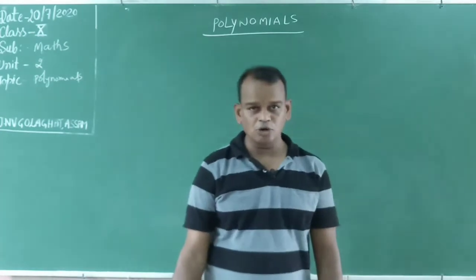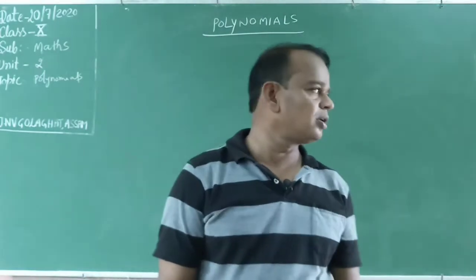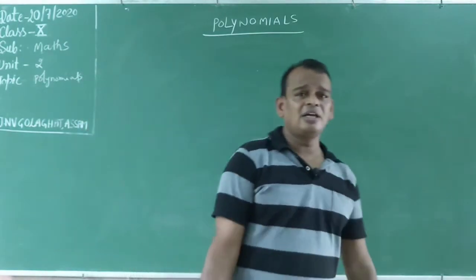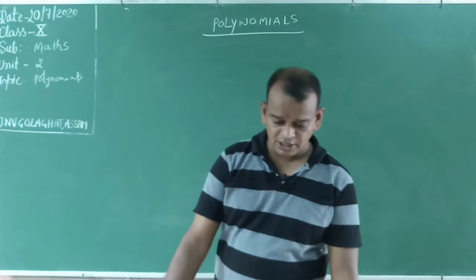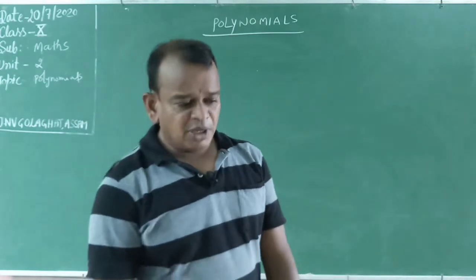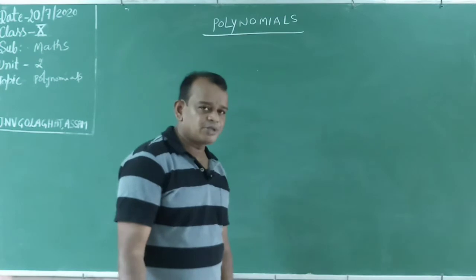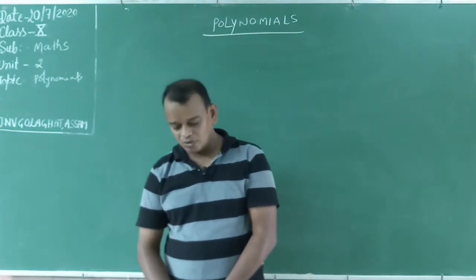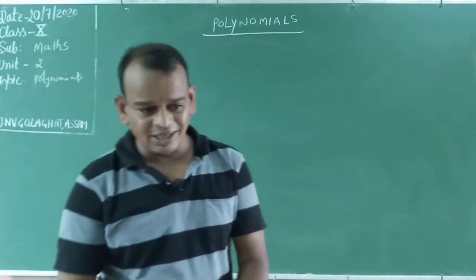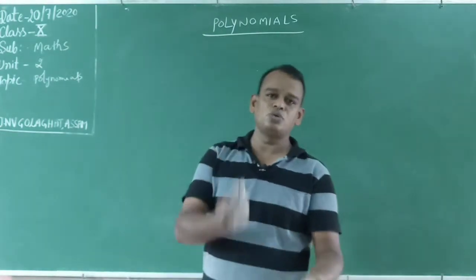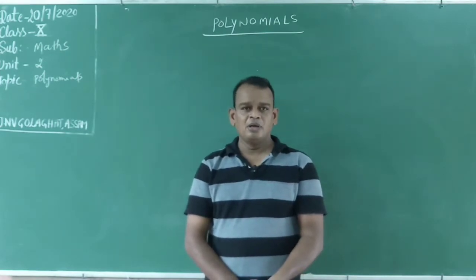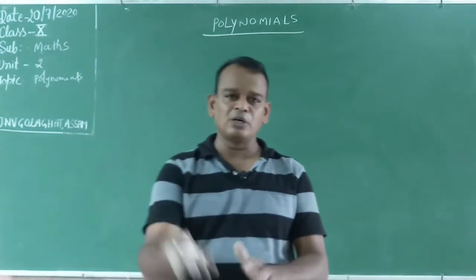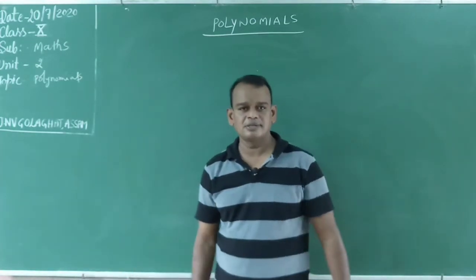Now today we will discuss the topic, that is polynomials. A very easy topic and important from the examination point of view. What is the meaning of a polynomial? How many types of polynomials are there? For our syllabus, how to calculate the degree, and how to calculate the zeros, meaning the roots, of a polynomial. Then the division algorithm: how to find the remainder and how to find the quotient. In this one, we have to discuss.